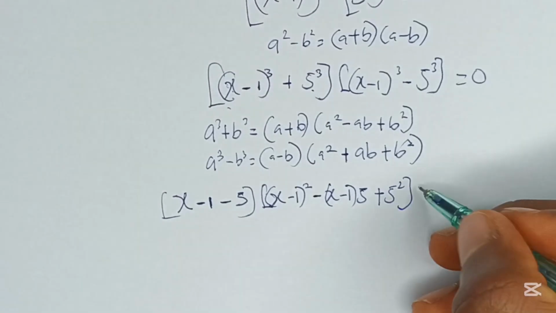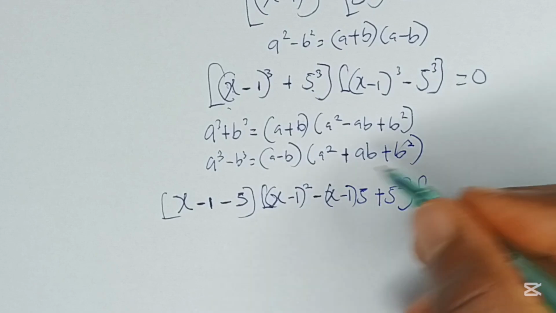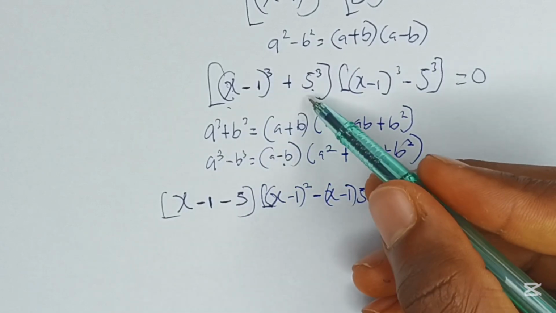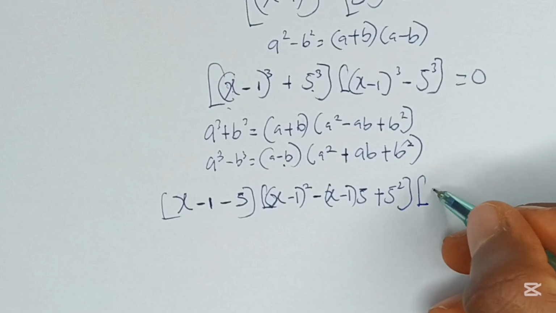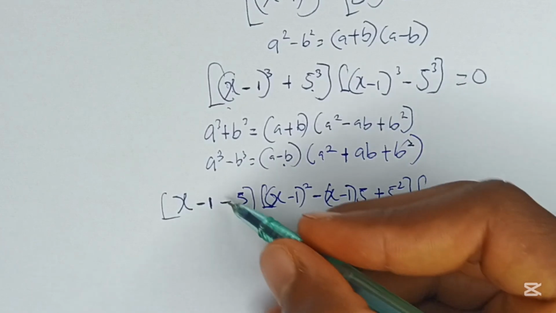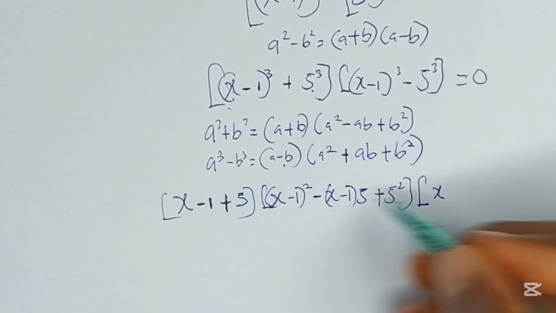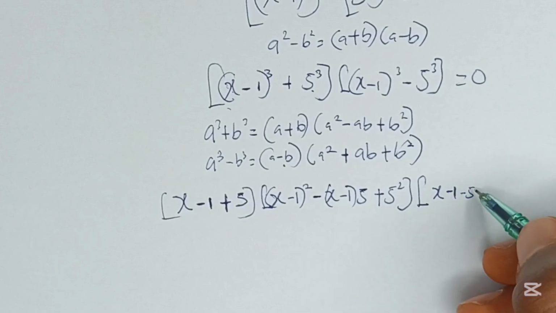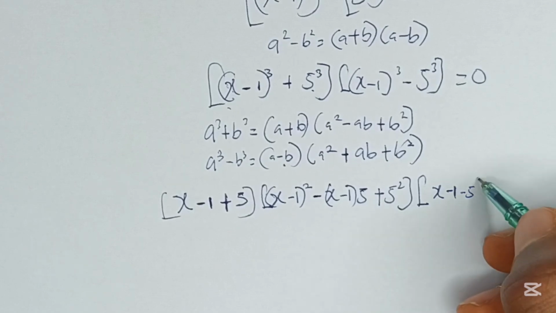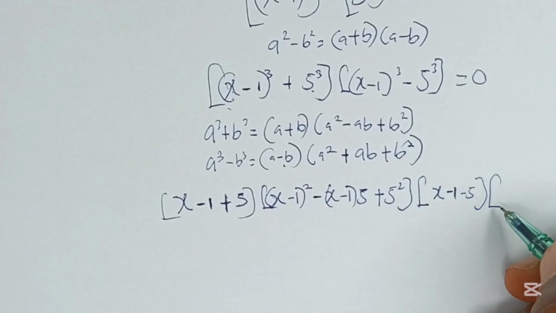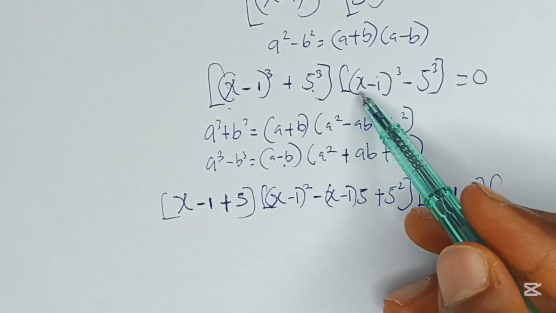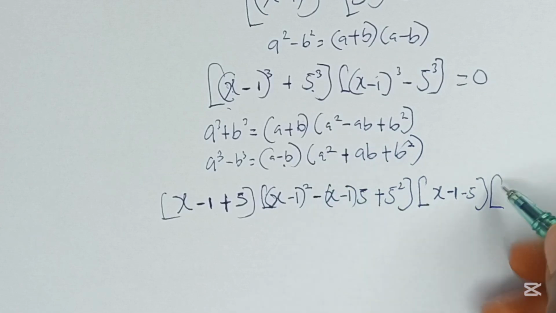And then we have this multiplied by, for this one we have, sorry, this one was plus 5 here, this one is now (x - 1 - 5), all multiplied by, now the first one is (x - 1)²,